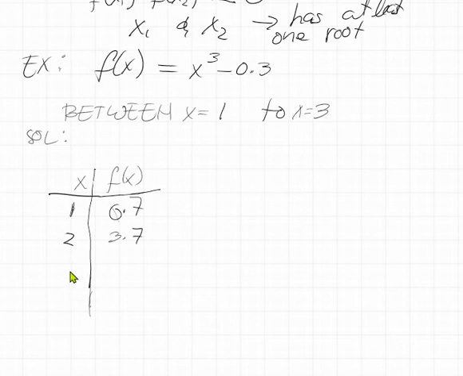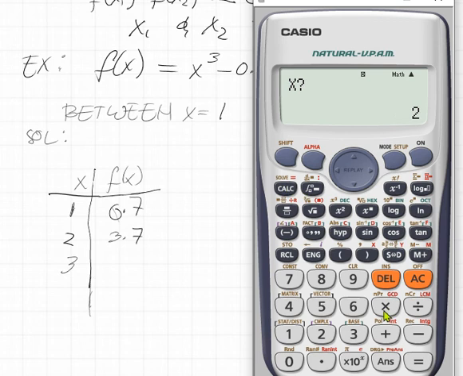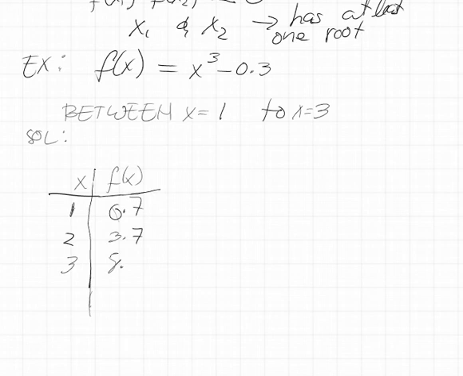Then at x equals 3, what will happen? Calc 3, then equals, the value is 8.7. So we did solve from 1 to 3, and we observe. What can we observe here? The sign for f of x does not change. So what does it mean? What's the significance of this? The meaning of this is there's no root